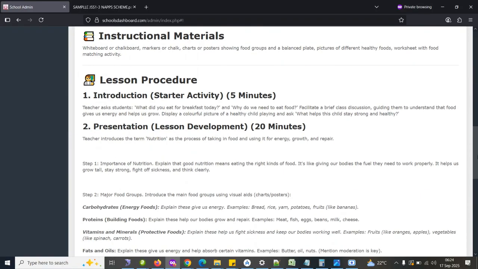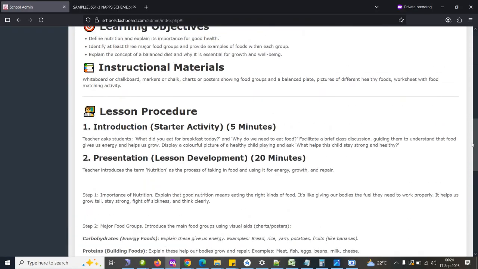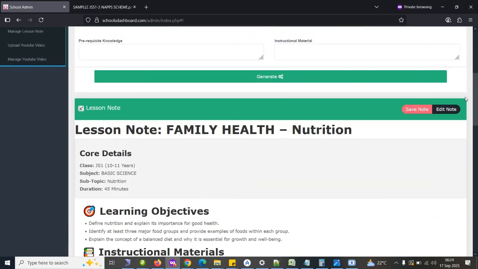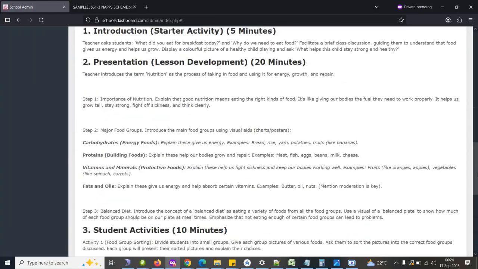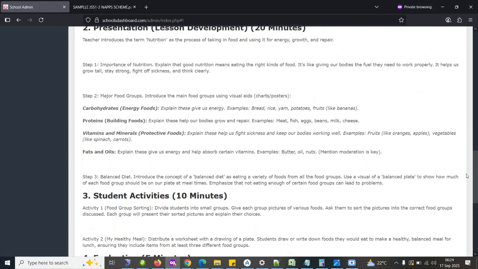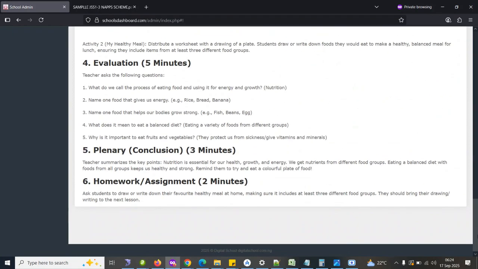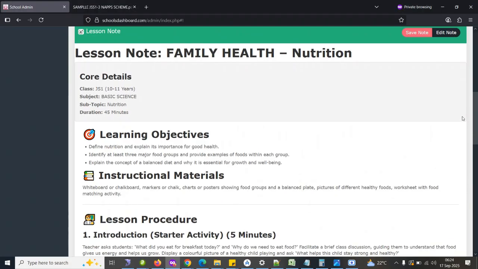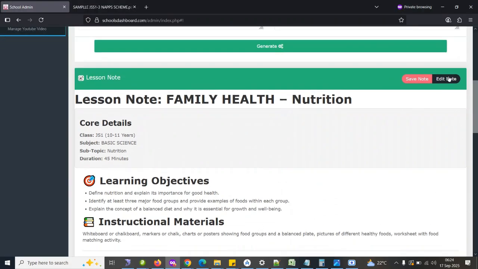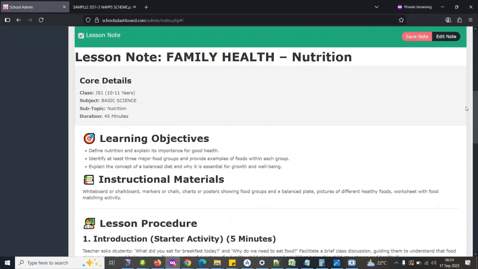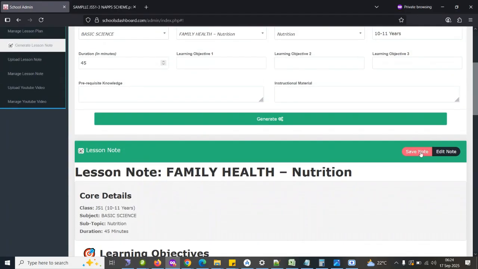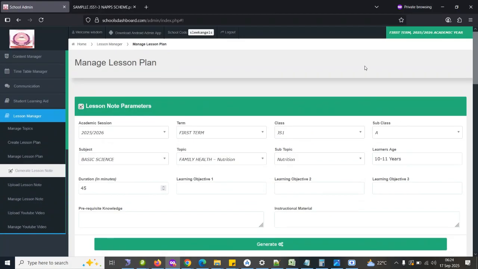So this is the note that was generated for us. After the generation of notes, you have to always go through it to make sure that what you have is actually what you want. After going through it, if you want to edit anything, just click on edit note. Once you click on edit note, it's going to allow you to edit the note. If you don't want to edit anything, just say save note. You click on save note, it will save the note. So this is basically how to generate lesson